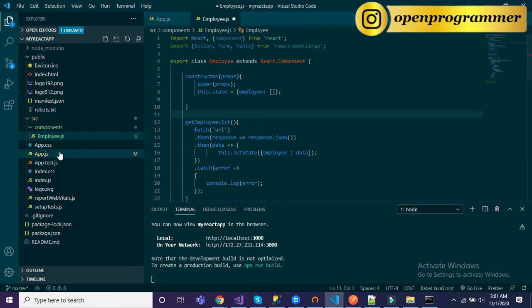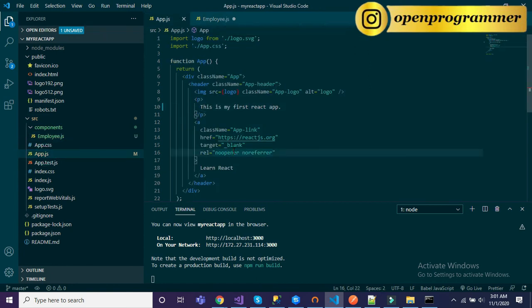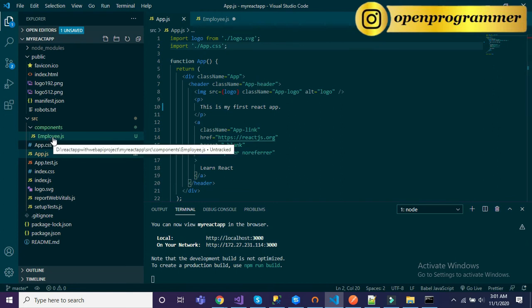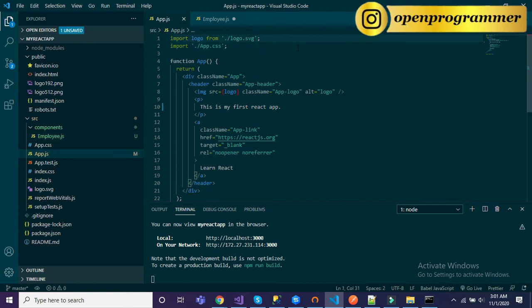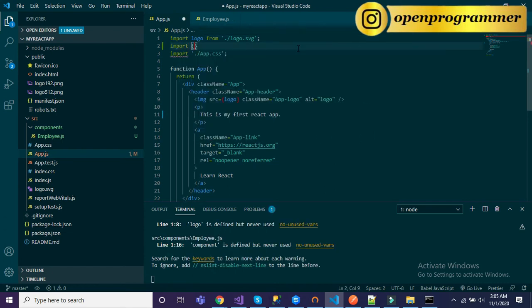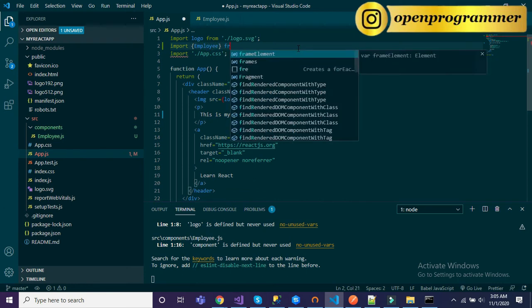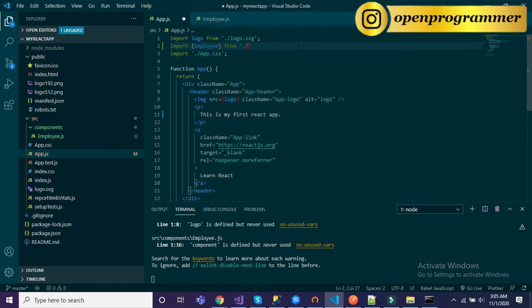Now go to our app.js. Here we need to import this employee.js component in our app.js. Let me import it: import Employee from components/employee.